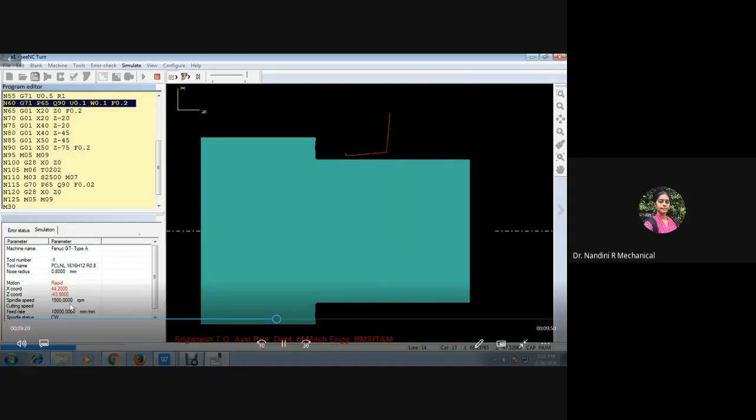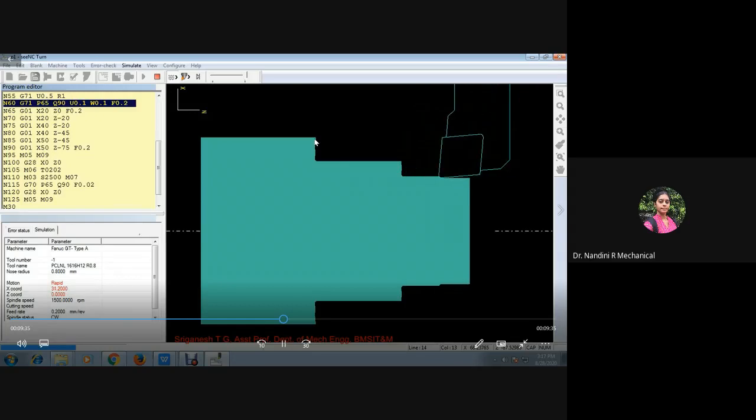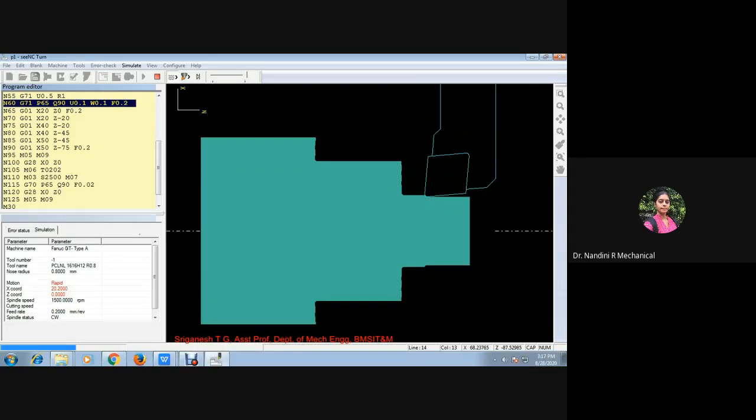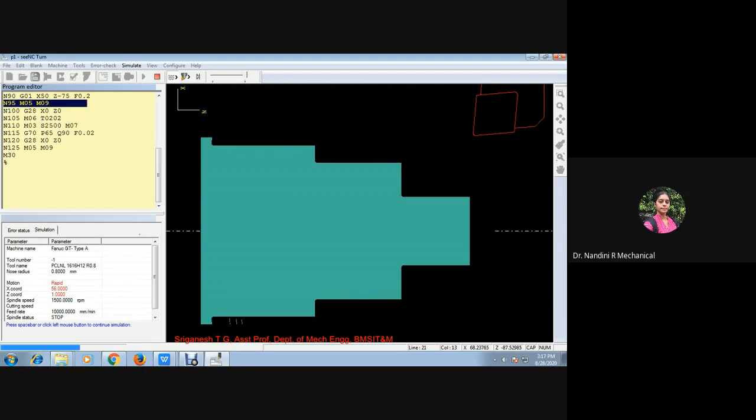So this is the rough finish taking place. First block was done, then the second block, and now the third block. You can see you don't have a smooth finish because you are doing a rough finish. It completes the rough finish first. It has to reduce now to nearly 220 mm. And now the smooth finishing operation has been started.